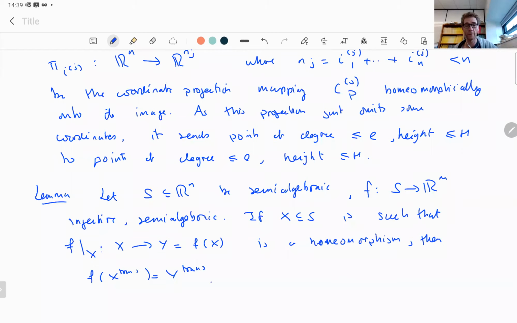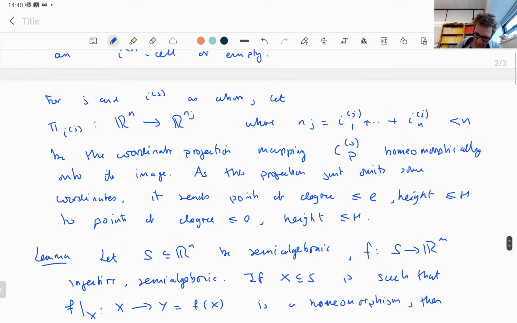So we proved this last time. And now we're going to apply it with these cells as our semi-algebraic sets, and these projections as our homeomorphisms. Okay, so